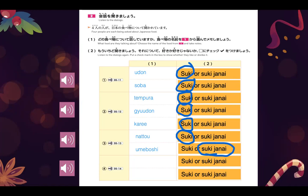日本の食べ物、何が好きですか？寿司が好きです。わさびは大丈夫ですか？あ、わさびはちょっと。